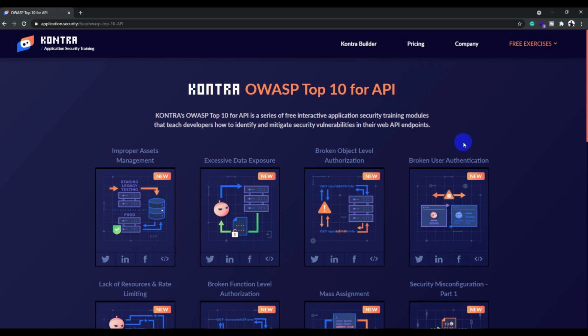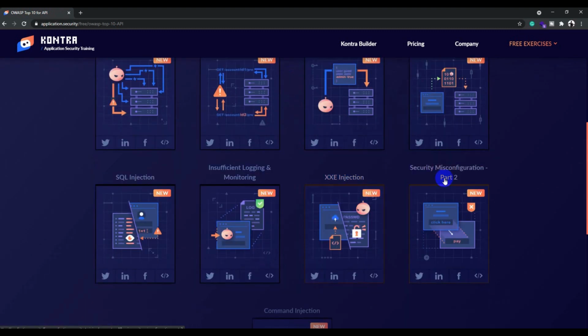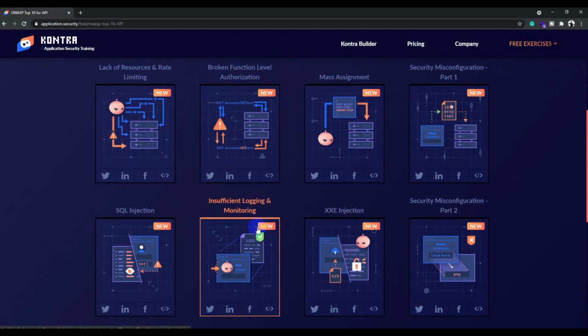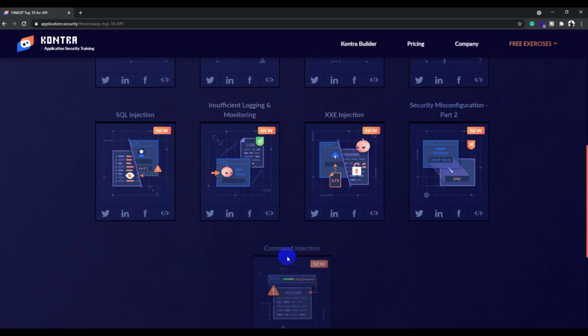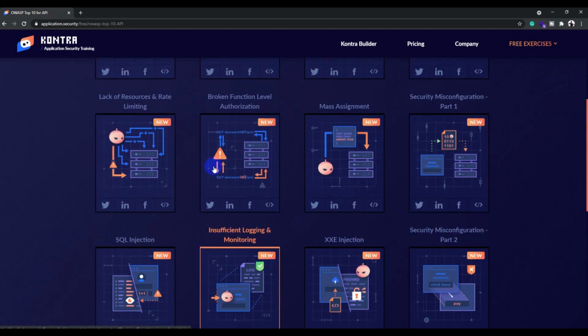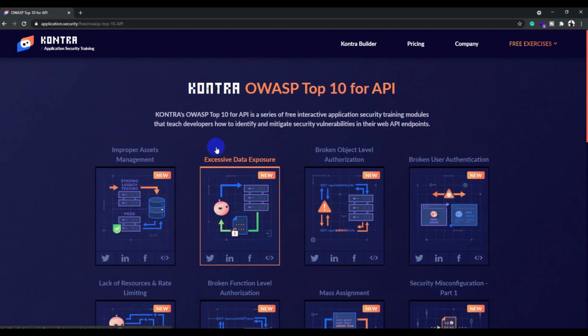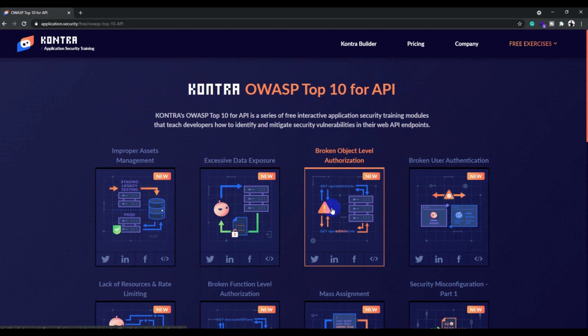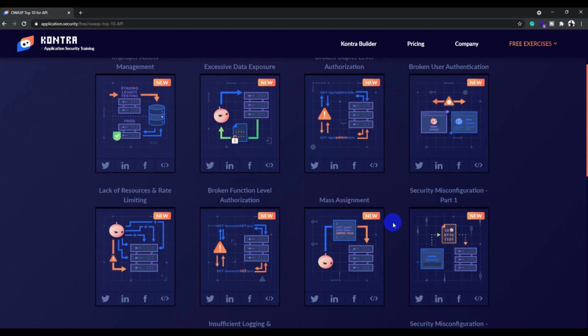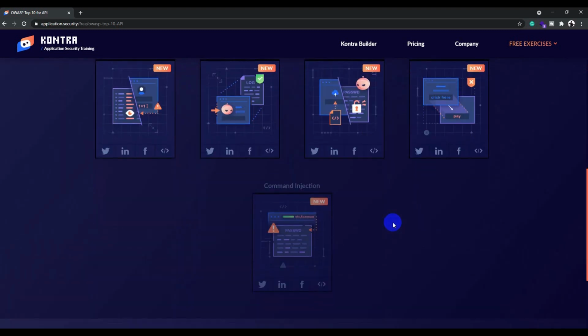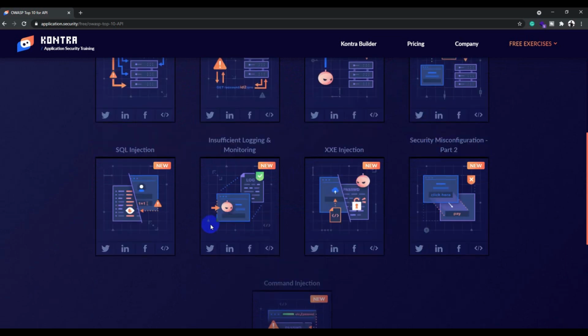Of course, we are not going to walk through all of those vulnerabilities. If you want me to make videos on the walkthrough of all the top 10 API vulnerabilities, then I will definitely make that. But for this specific video, let's focus on one, so that I can give you my explanation and you also get some knowledge out of it.